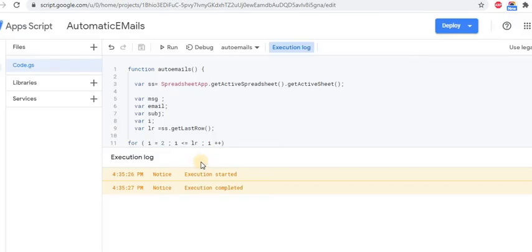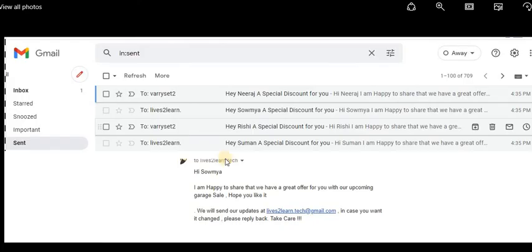So now that our code has run, let me show you the results. There you go. So all the mails have been sent, and I didn't want to show it on my mail because I have some personal mails also. Just to show you, the mails have been sent to the right email IDs with the message that we had, and just see how beautifully they have been structured also. This is one of the mails that was sent, and it beautifully solves the purpose.